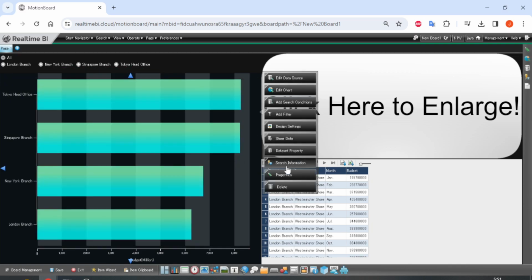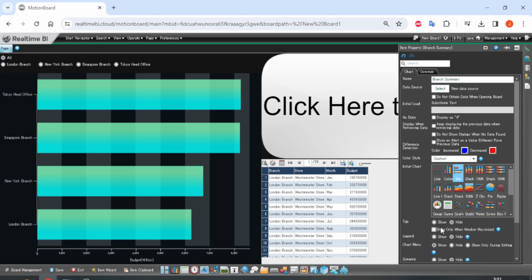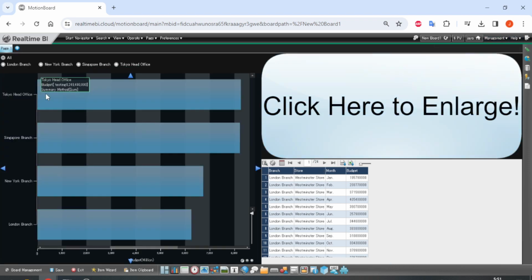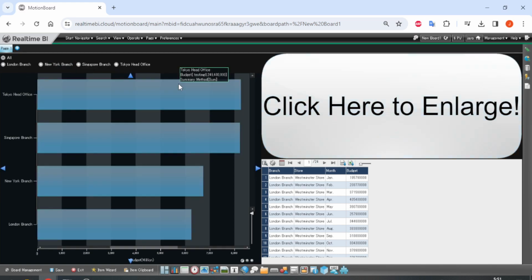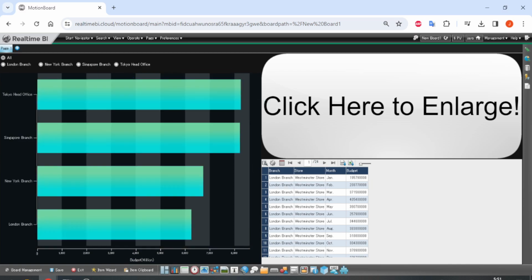Now if you don't want any of this, you can just hide it in the properties, hide it, and boom, it's done. Sometimes you would like to adjust this type of chart with no menu. Sometimes you also need to add the menu so that the user can adjust the chart based on their need. So yeah, hopefully this will help, and I'll see you guys in the next video